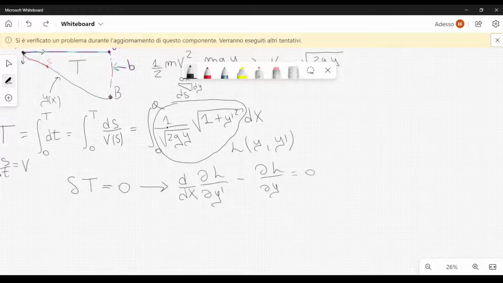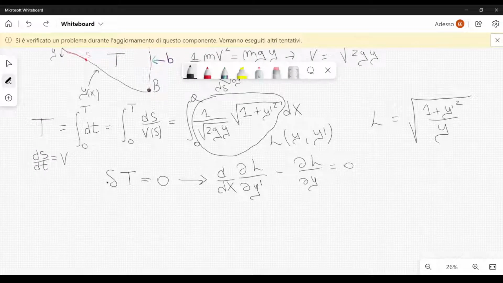In particular, I want to multiply by the square root of 2g so that I can get rid of this factor here in the denominator. So I can define the Lagrangian simply like this: the square root of 1 plus y prime squared divided by y. If I define the Lagrangian like this and substitute it into this equation, I will obtain the equation that the function y should satisfy in order to minimize the time between A and B. So we have to calculate a bunch of derivatives, dl over dy,